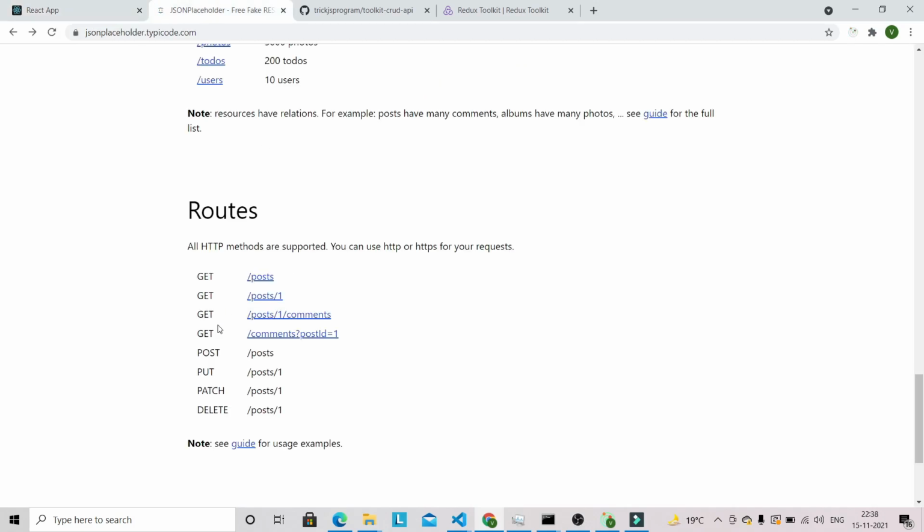So we are going to basically mimic all the CRUD operations with this JSON placeholder fake API. We are going to use this API to perform the read operation, this API to perform the create operation, this API to perform the update operation, and at the last we are going to use this API to perform the delete operation.